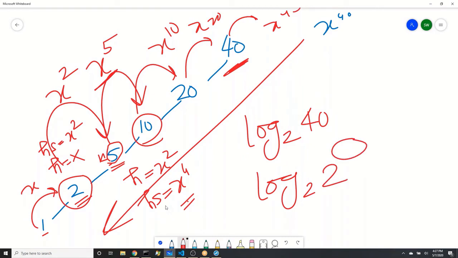Because that will help us solve the problem with ease. What is the value lesser than 40 which is a power of 2? It is 32, which is 2 power 5. What is the value bigger than 40 which is a power of 2? 64, which is 2 power 6.